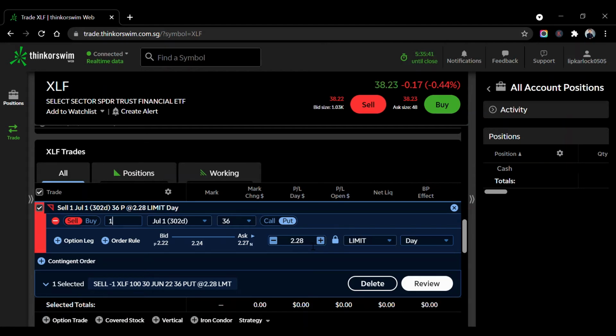So with 100 shares is about $228. So definitely I need to bid for it. But actually you can see the bid and ask price is between 222 to 227. So probably I need to put 227 at least, right? Then after that,